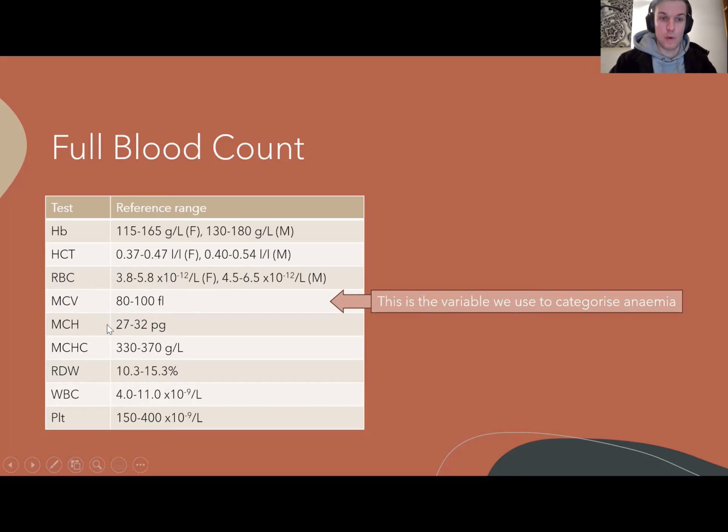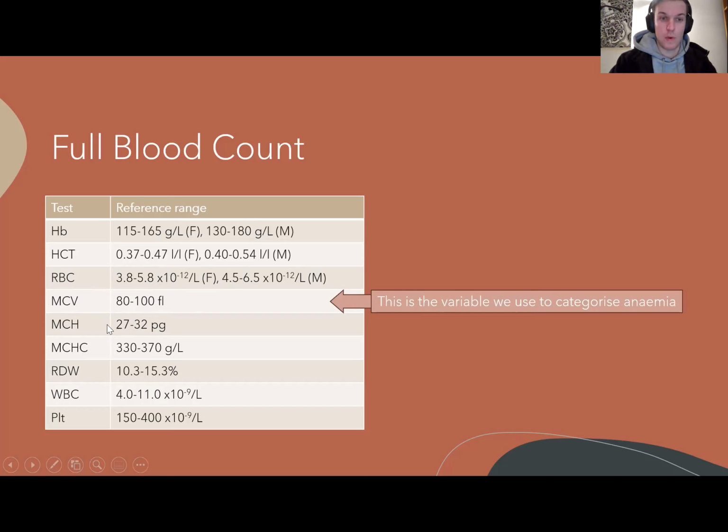In regards to the 2-week wait referral that's mentioned there, being 60 plus and having an iron deficiency anemia, that's a 2-week wait referral, and somebody needs to be investigated with an upper and lower GI endoscopy. That's for anybody that's 60 plus. If you've got a man and they've got a hemoglobin level of less than 110, doesn't matter what their age is, they should also go for a 2-week wait